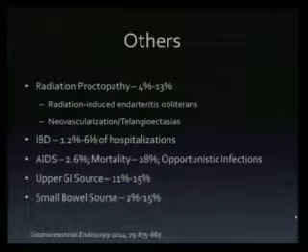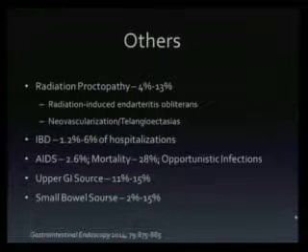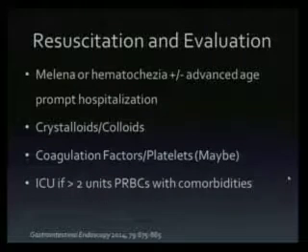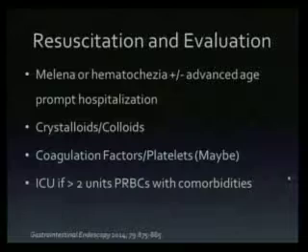If you look at other reasons why persons may be bleeding, it may be an upper source, and that can be seen in 15% of patients for an upper GI bleed, or you may see that a small bowel source is the reason for the bleeding in 15% of patients. So when we talk about treatment for an individual who has lower gastrointestinal bleeding, the primary thing in these individuals